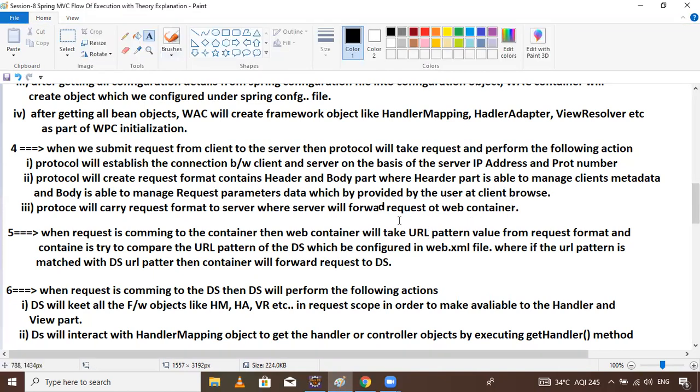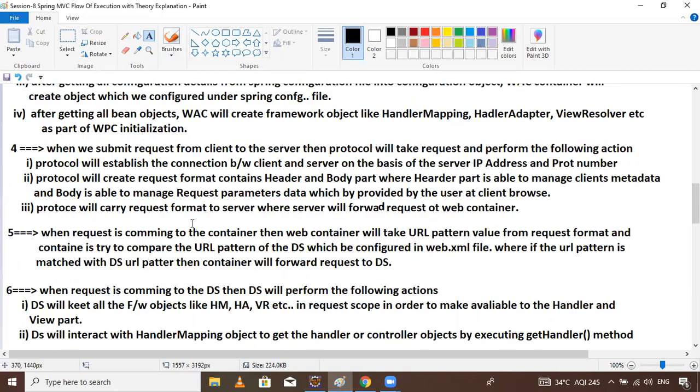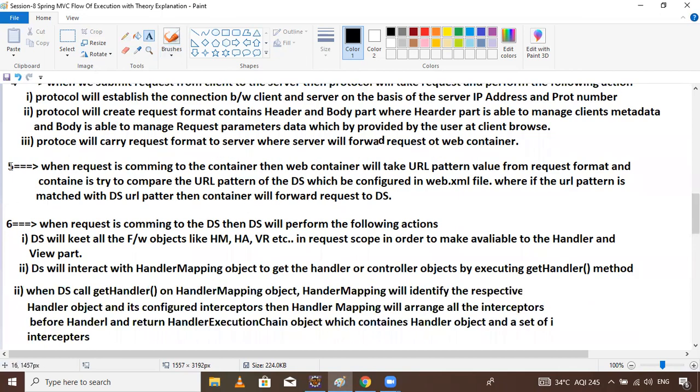Request to web container. That's it. Okay, this will happen only by using the protocol. Step number five is when the request is coming to the container, then the web container